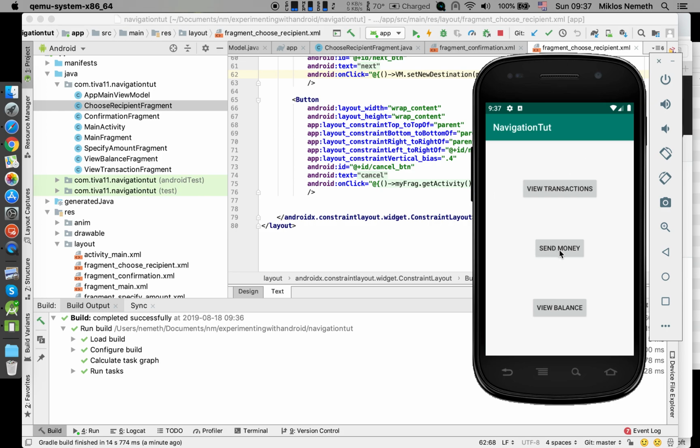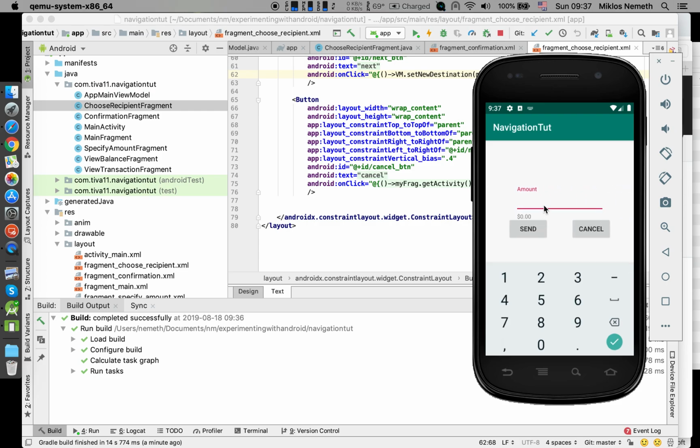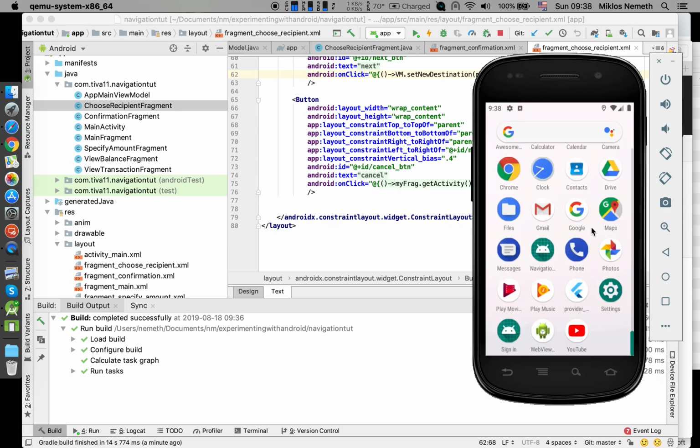So for example, here I have the send money, and then I can define the name, Otto, and next the amount, and send. But here you go, it was sent to Otto. Of course it works excellently. We can press cancel. Yes, the reason it quit